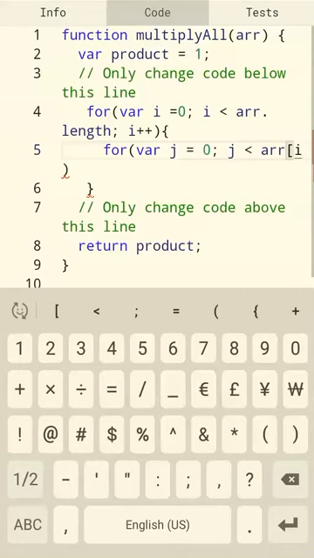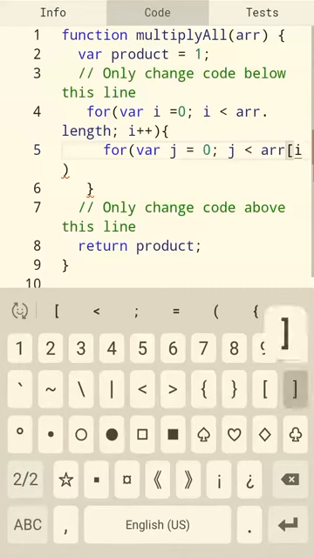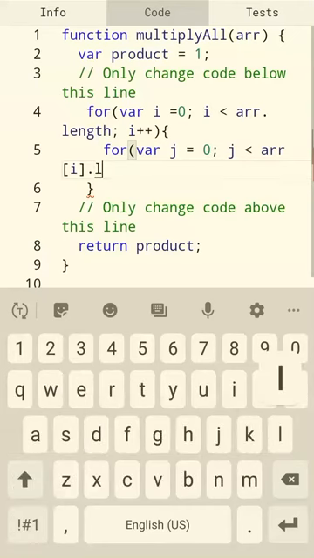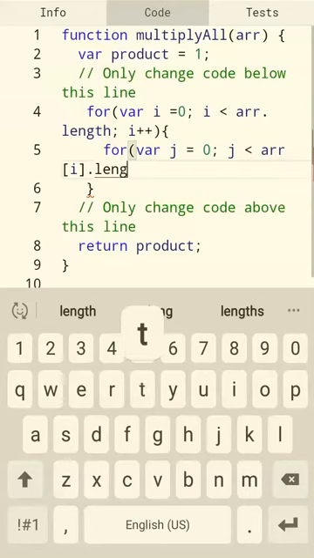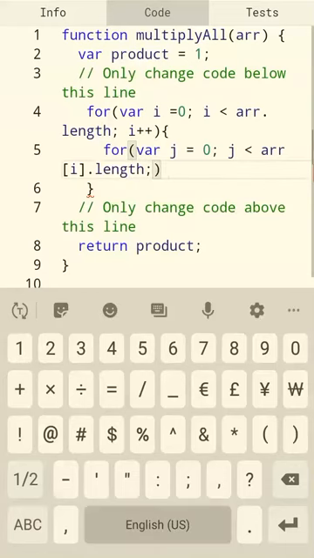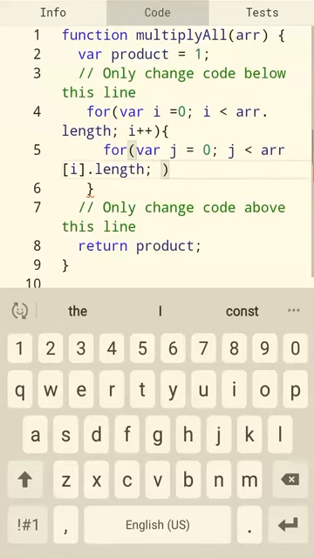Yeah, because the main array is one thing and this is the sub array, so you need to write r[i].length. If it is just one array overall, then there's no need to write i or j, just array.length. So r[i].length, and then we will also be following the indices while multiplying. Remember that, the indexes. Semicolon, and then j++ because it is an incrementing process.